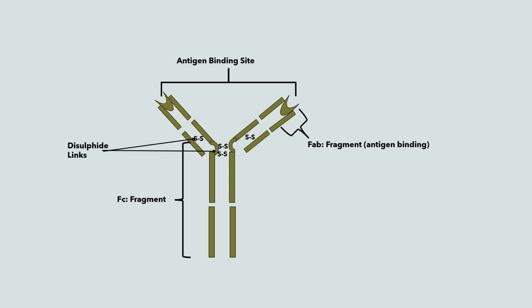In fact, it will probably change completely and not be efficacious. So if you can introduce residues, amino acid residues that stabilize these disulfide links and mean that you have a more stable product that is less prone to aggregation or dimerization, then that is something that can be engineered, and you can design that into your